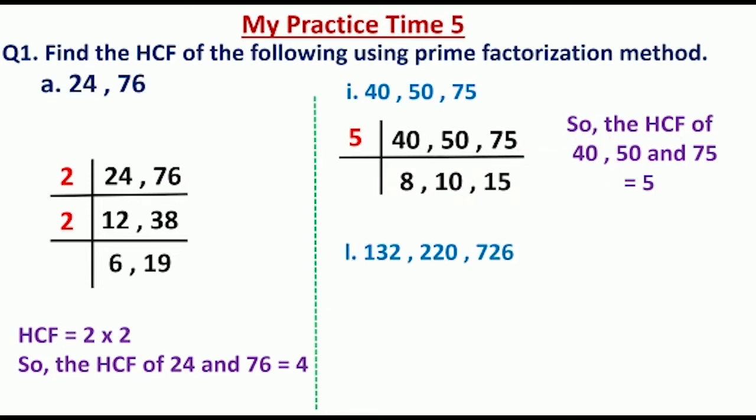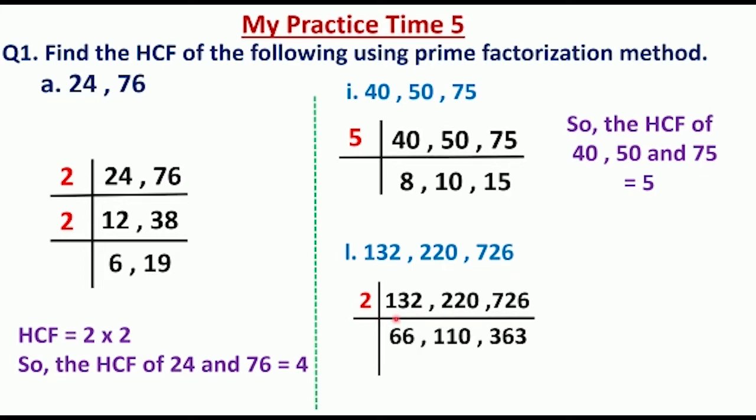So the next question, see here, children. The next question is we have to find the HCF of 132, 220 and 726. So write here all the numbers. Now find the common factors of 132, 220 and 726. What will be the common factor of these numbers, children? 2. All the numbers are divisible by 2. So divided by 2, what will you get here? When you divide 132 by 2, you will get 66. When you divide 220 by 2, you will get 110. When you divide 726 by 2, you will get